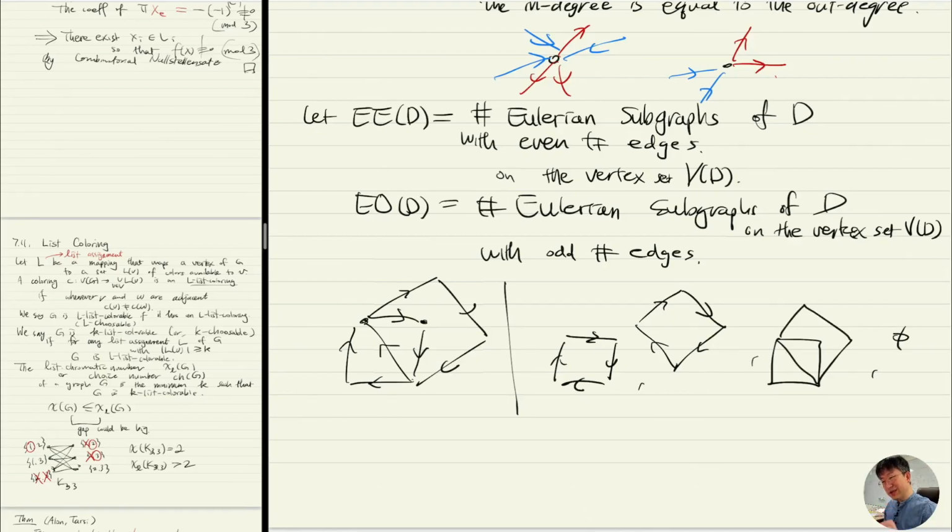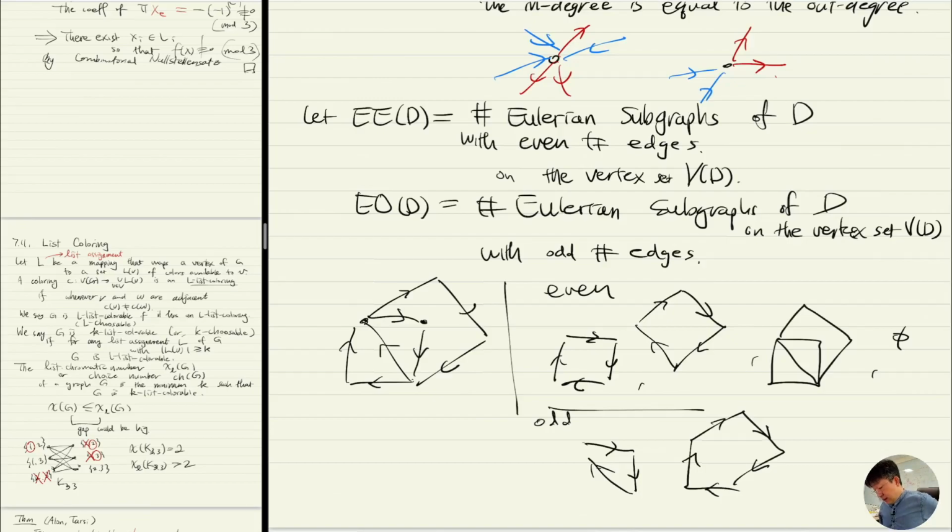Right. So I only need to look at this set of edges. And other Eulerian subgraphs, so these are even, and other ones, for instance, this is odd, right? And that's, yes. So 1, 2, 3, 4, 5. That's also Eulerian. Yes, and then I think that's it, right? I mean, there may be more, but